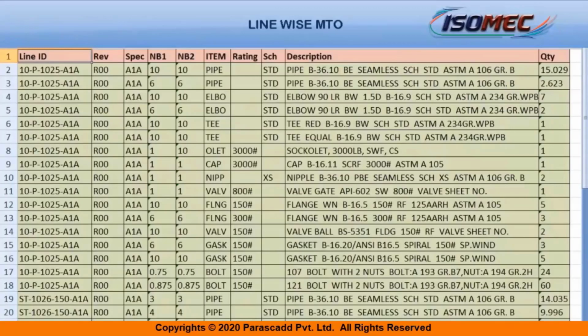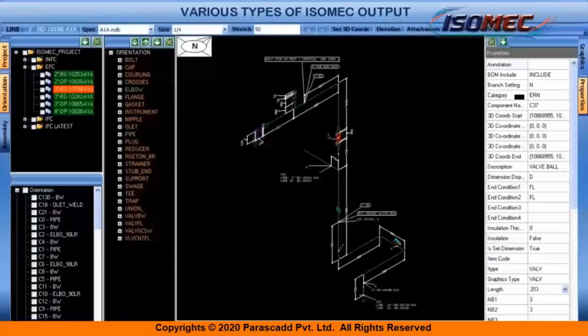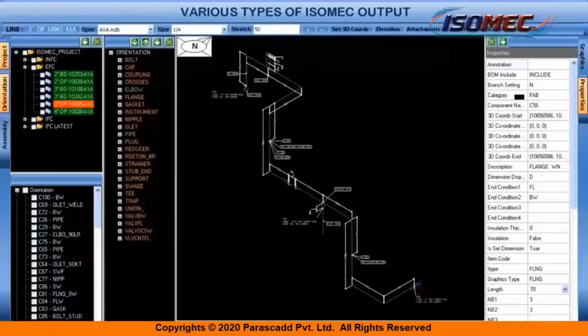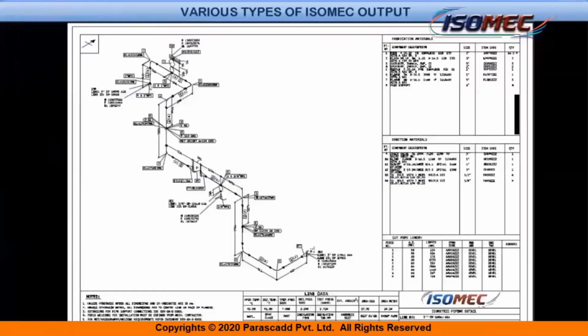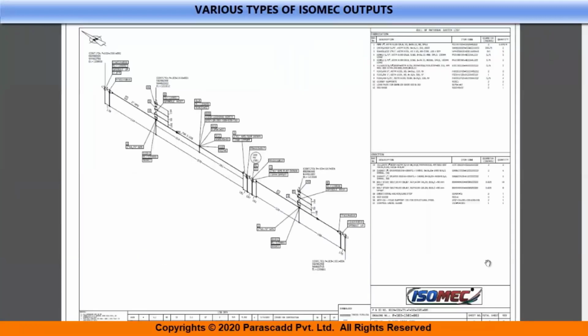So both these reports can be exported in the form of Excel that we call the MTO or a bill of material for your documentation purpose, or even further in your next step. So here are some of the different outputs in different templates for Isomech that we can get. So simply route the line and you get the DWG output. So that was about Isomech for us.